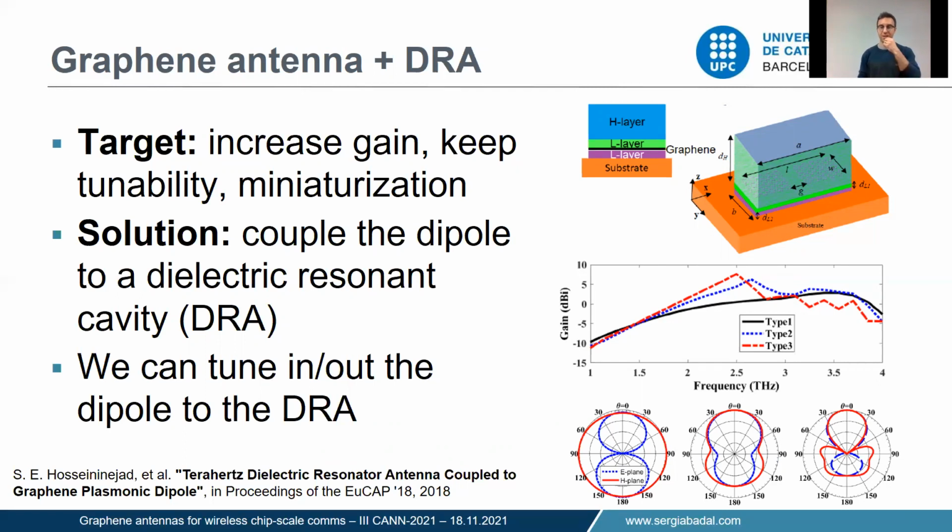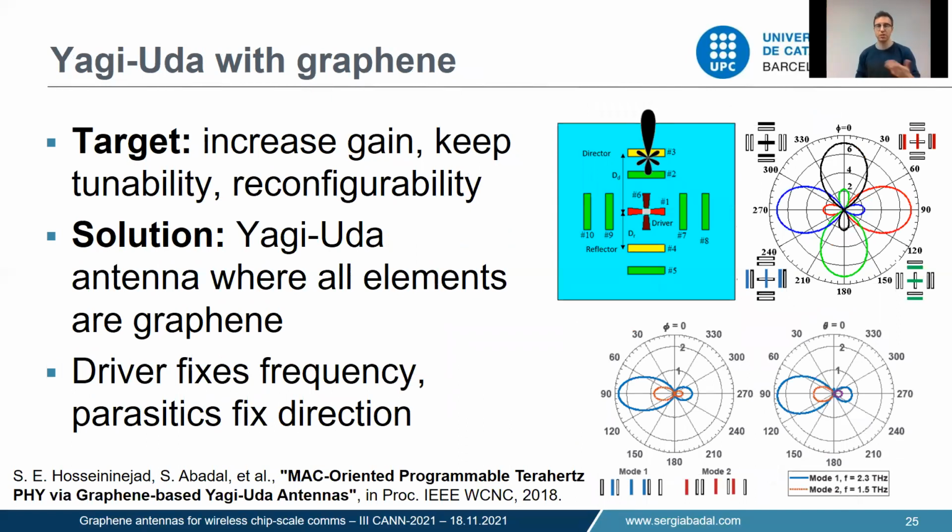And this is shown in these pictures here, in which type 1 is the graphene dipole resonating, and type 2 and type 3 are hybrid and the DRA resonating, respectively. So you see that type 2 and type 3 have a higher gain, and also that the radiation pattern changes from the horizontal plane to the vertical plane, meaning that now the DRA is resonating instead of the graphene dipole. So we tried other designs of antennas that could benefit from this reconfigurability, and the next one was